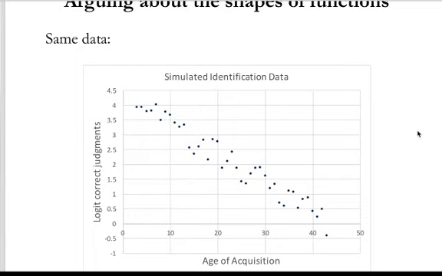Furthermore, it seems to generally be the case that that decline in ultimate attainment, based on the kinds of things we've been able to measure, looks like it's steeper at older ages than it is at younger ages. Although again, that's going to be entirely a function of how you choose to measure the data. That might not be telling us anything particularly important or significant about critical periods. And then it's also the case that age of acquisition is almost always confounded with other factors, with how long you've been in the country, level of formal education, how motivated you are to use the language, how integrated you feel in the culture, and so on and so forth.